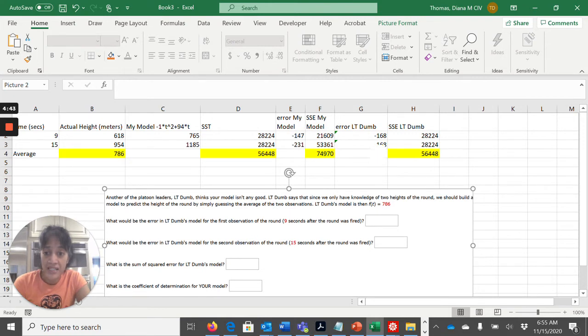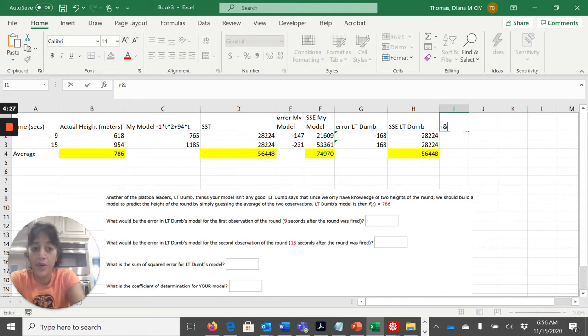It's positive 168. What's a sum square error? It's exactly the same thing as a sum square total. That's 56,448 meters squared. And what's the coefficient of determination for my model? And so that's why I labeled everything very carefully. R square, my model, that's going to be 1 minus the ratio of the SSE of my model, which is